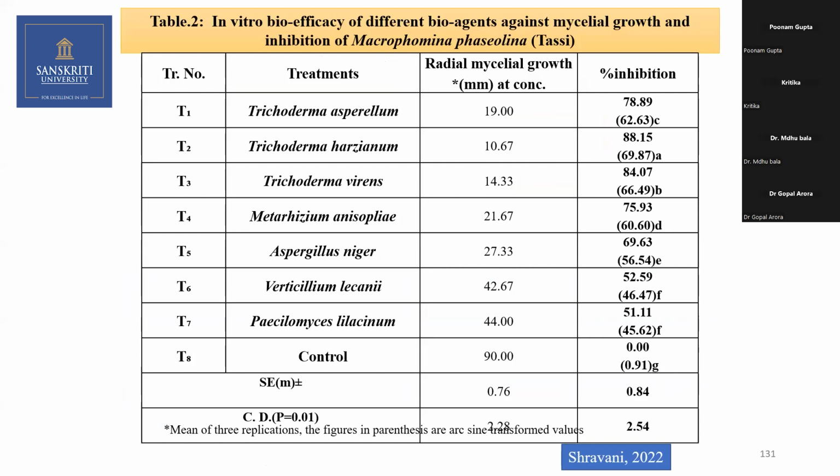And the T2 is on par with none. And here in the bracket, you can see, some of you, the transformation of data is also there. I'm not touching on that actually. The bracket is there, transformation of data, because it is in percentage. So we are going for transformation of data.